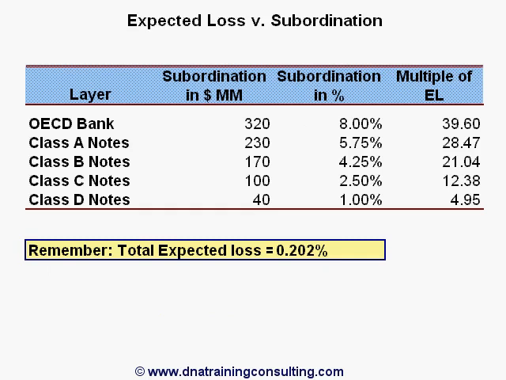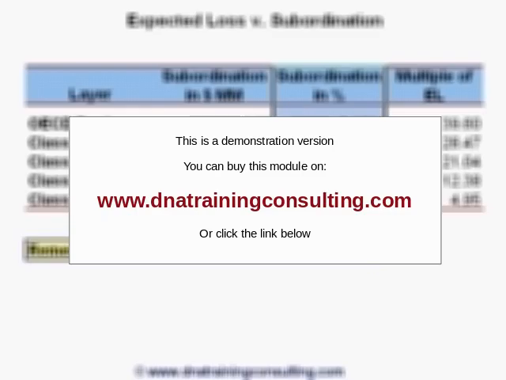This 0.202% expected loss figure would initially give great comfort to the various note holders, since the subordination amounts from which they benefit is several multiples of the expected loss figure. Thus, for example, the Class A notes, which in aggregate benefit from $230 million,